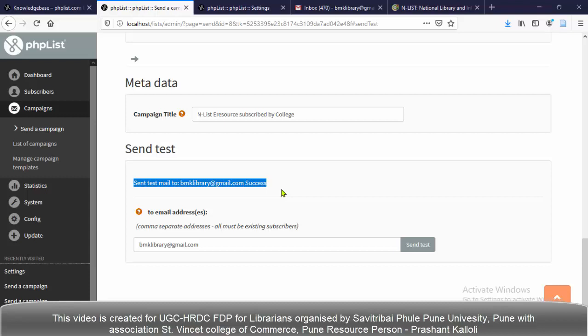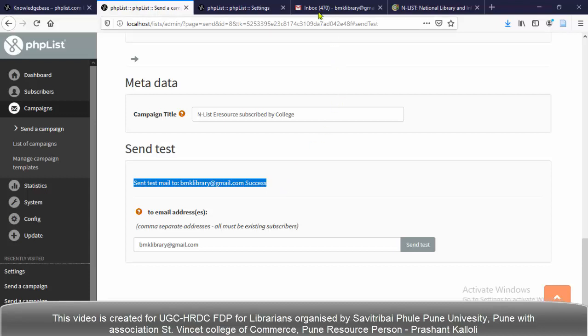If the message fails, then there is something wrong in our SMTP configuration: the SMTP URL, SMTP address, SMTP username and password. Maybe some changes are needed, so we have to go again to the configuration file and change those settings.